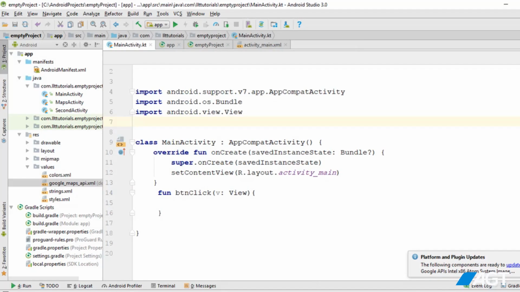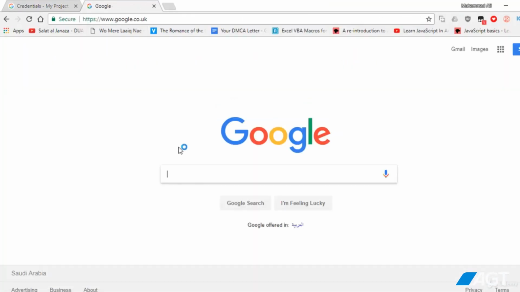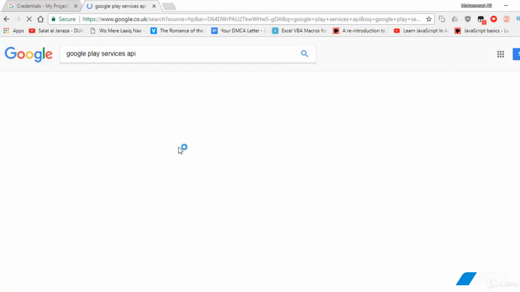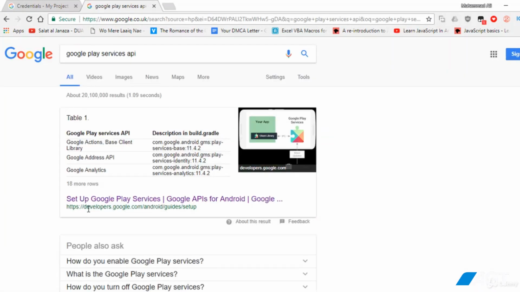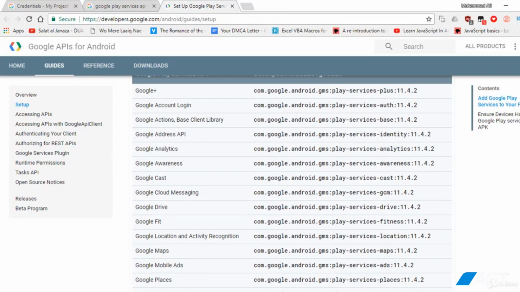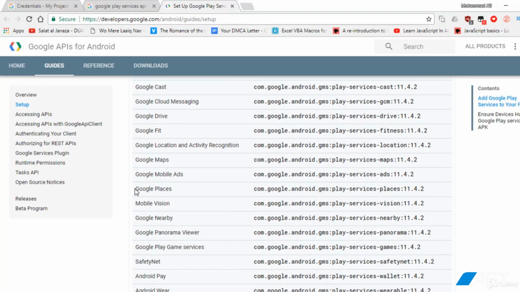Now the second step is that you need to go to Google, search for Google Play Services API maybe. Once you are here, you need to click on the first link that you get, and from here you need to go down, and here you see a lot of APIs in here. The one we want is the Play Services. So Places, sorry, this is the Google Places. So we copy this